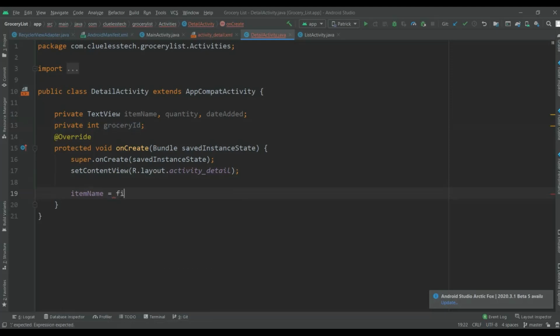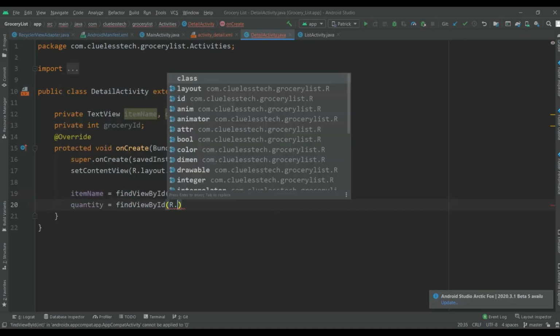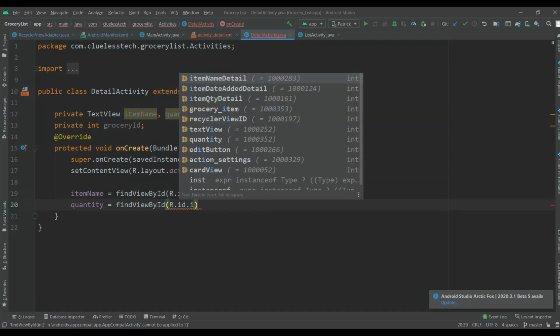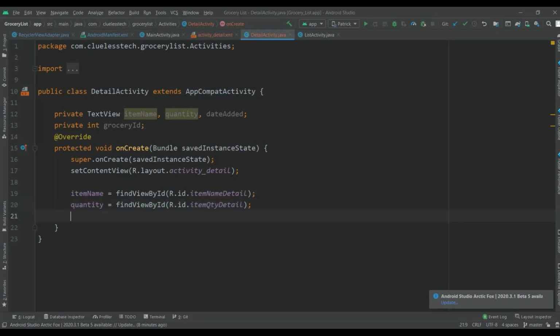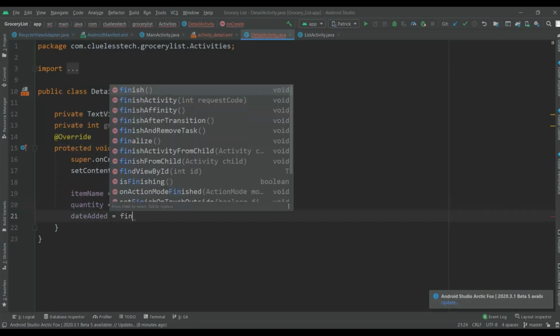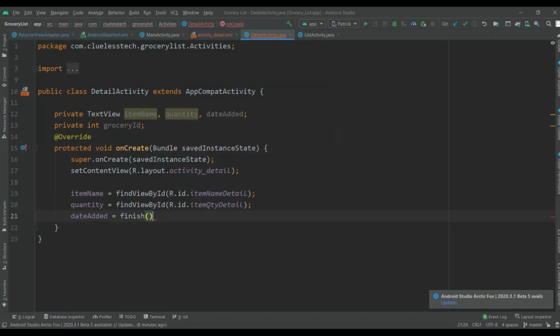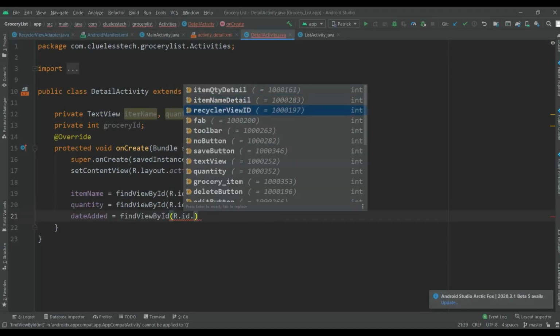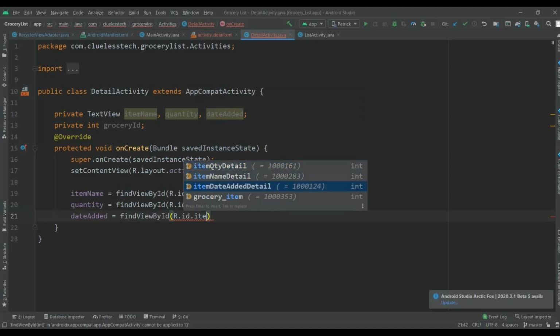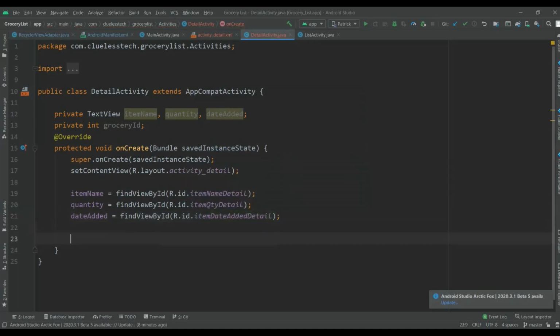itemName is equal to findViewById R.id.itemNameDetail. Now quantity is equal to findViewById R.id.itemQuantityDetail. dateAdded is equal to findViewById R.id.itemDateAddedDetail. And now we will use bundle